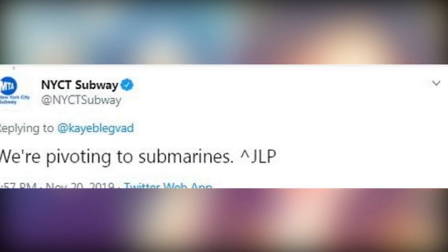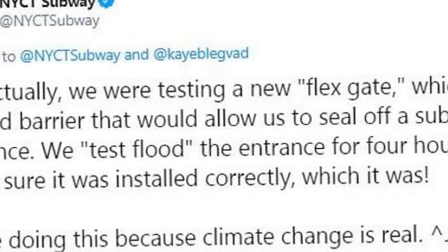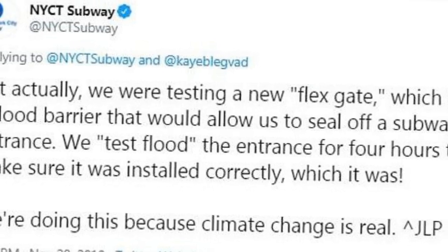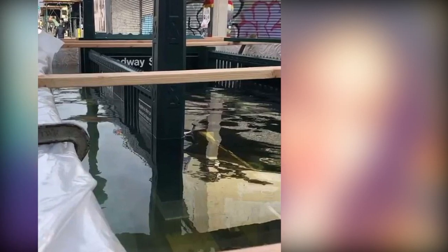"MTA, explain yourself," wrote Kay Blegvit on Twitter, demanding to know why her commute had taken a watery turn. The MTA social media team was quick to respond. "We're pivoting to submarines." A few minutes later, the MTA, the authority that runs the New York City subway system,